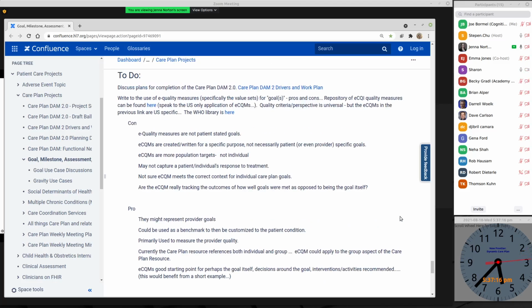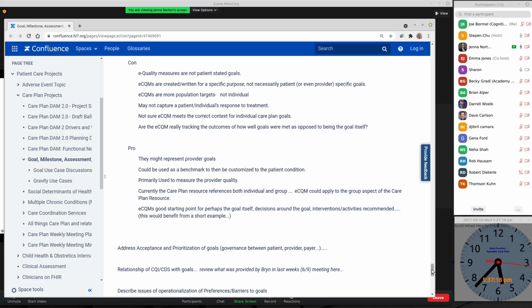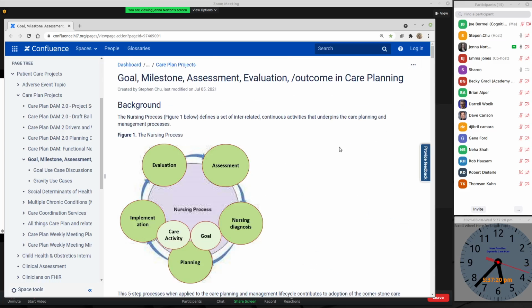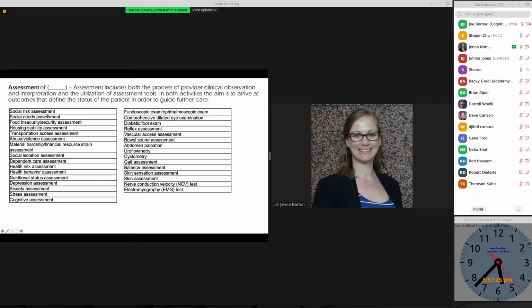Yeah. But I think from a value set perspective, the same things that you do, right? Like the screener that you use or the physical exam that you give might be the same whether you're doing an assessment or an evaluation, right? You're going to take the results of that and say, okay, this is where the patient is. But the added part of that evaluation is then the comparison to where they were before, and